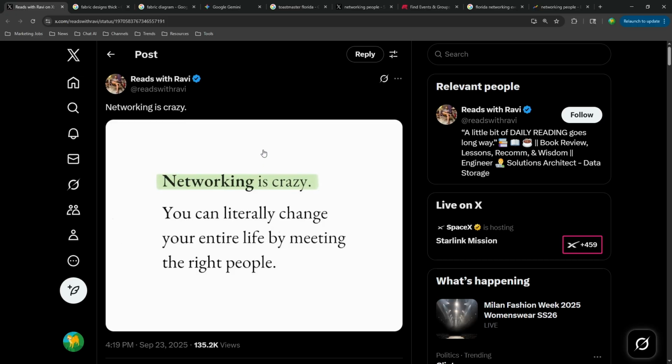But at the same time, you do have to have your wits about you because everybody does have their own goals. So you want to know what your goals are first. You know, if you're looking to build that new product, you want to define what kind of investor you're looking for.